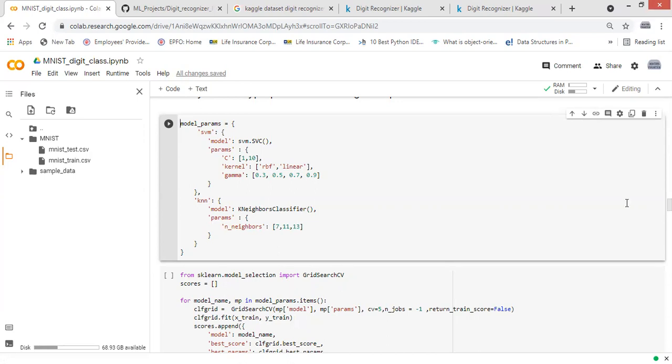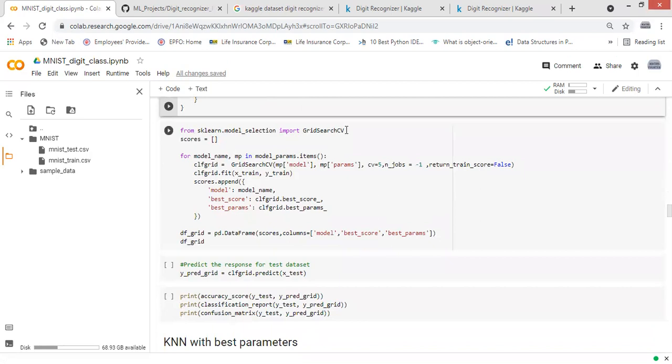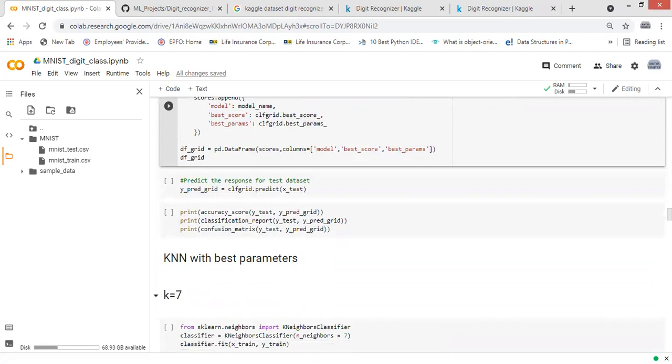So I tried different parameters separately. For hyperparameter tuning I also used GridSearchCV, but it was not executed. But definitely the code is right, so you can try it if you want to.